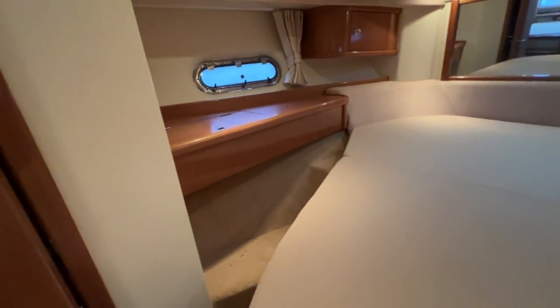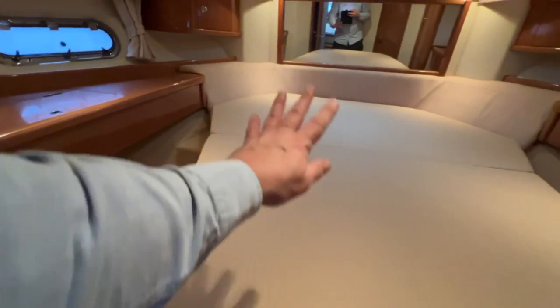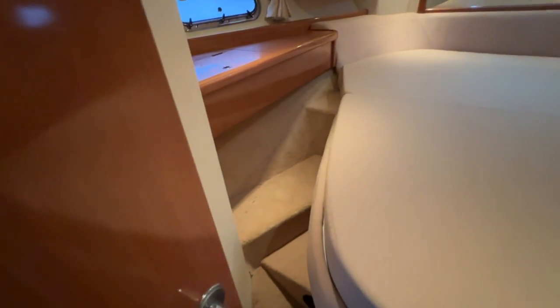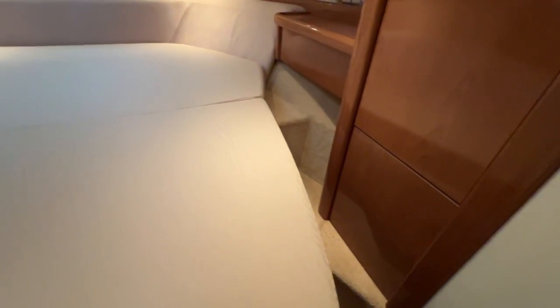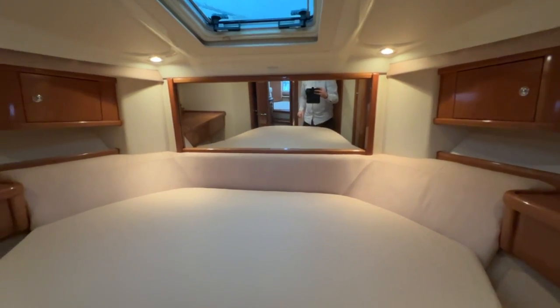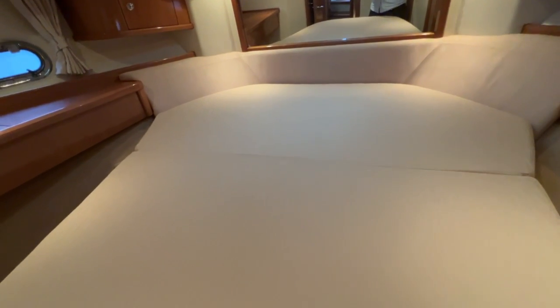So many people really like the idea of coming up to the side of the bed and getting in instead of scrambling over the front or scrambling in and out over a poor suffering partner. So we have got access on the port side here, we have got access on the starboard side, and we've got a nice cushioned headboard there, and a big mirror on the back end, and you can just see me in there. Hello everybody. So yeah, really, really lovely compartment, plenty of room, nice wide bed, nice and long too,